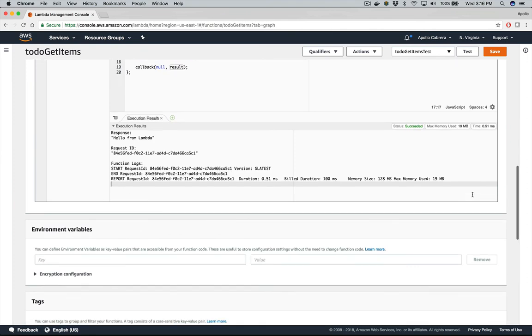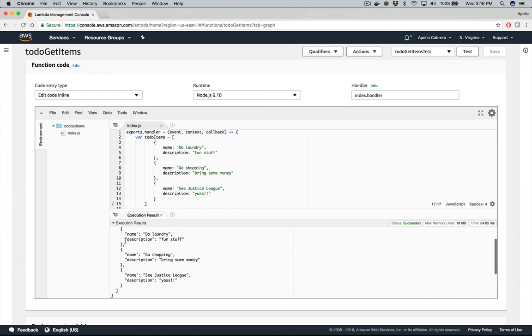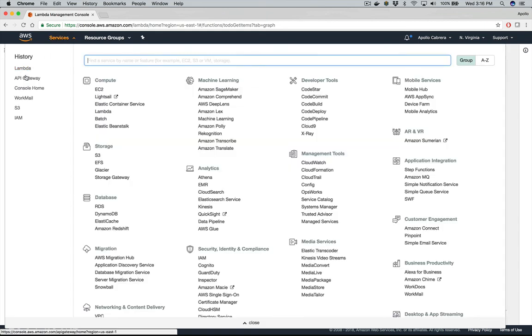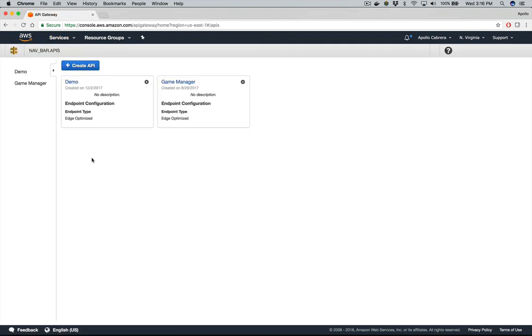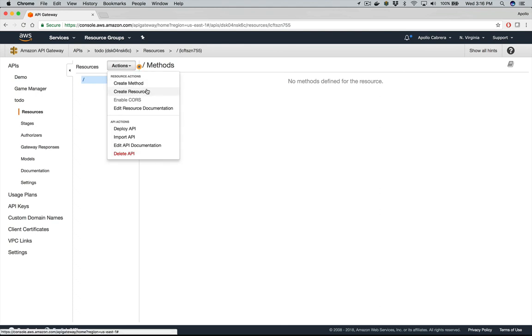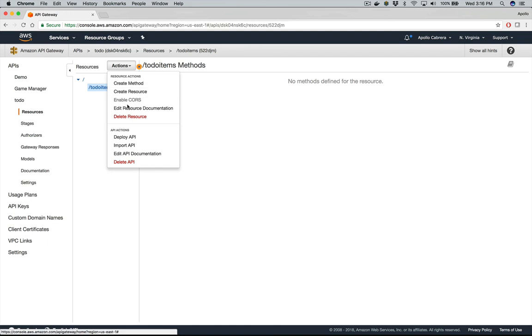So now let's do a save, and then let's test it. And it should return the object itself. So we created the Lambda function. Let's go and create an API that is connected to that. So find your API Gateway service, and we'll create an API, call it todo, create the API, and then we'll add a resource, and we'll just call this todo list, or todo items. Hit create resource, and then we'll create a method on here,